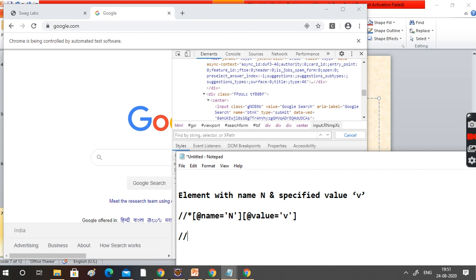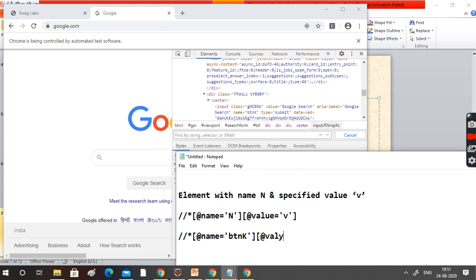Yes, star. Okay, at name is equal to, what is the name here? BTNK. Okay, what is the value?